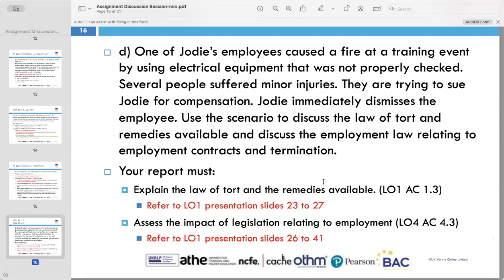Let's say if you made a mistake at your workplace. No, I'm talking about only the dismissal. I feel like this is an unfair dismissal. Yeah. So if we take only that point, she immediately dismissed the employee, so she is actually wrong. Yeah, she's actually wrong, but she can be right as well.